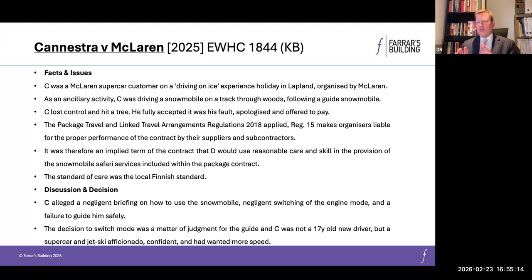And I think in a more general sense, the judgment's useful because it re-emphasizes the significance of the contemporary records that were made at or shortly after the incident. And when it came to deciding matters of fact in relation to the slightly conflicting evidence, the court preferred the records that had been independently made by the guide, and what the claimant had said to hospital doctors, and the claimant's own agreement that he'd overlooked what he'd been told, or that he'd wanted more speed, etc., rather than what the claimant later said in his witness statement and at trial.